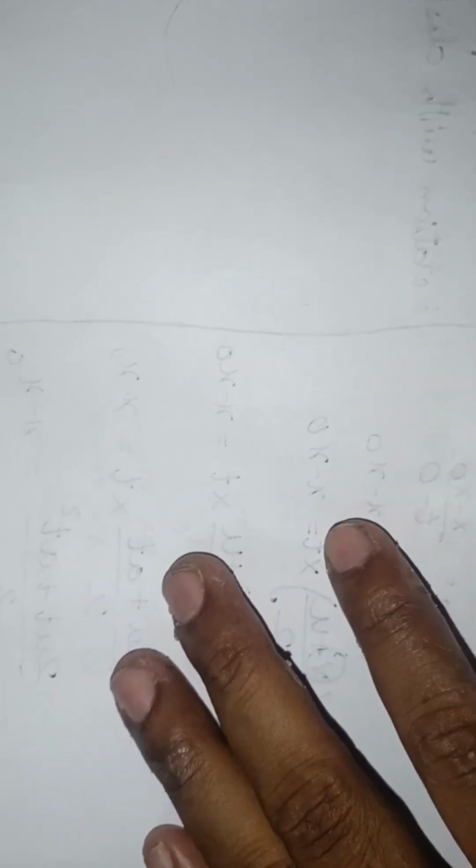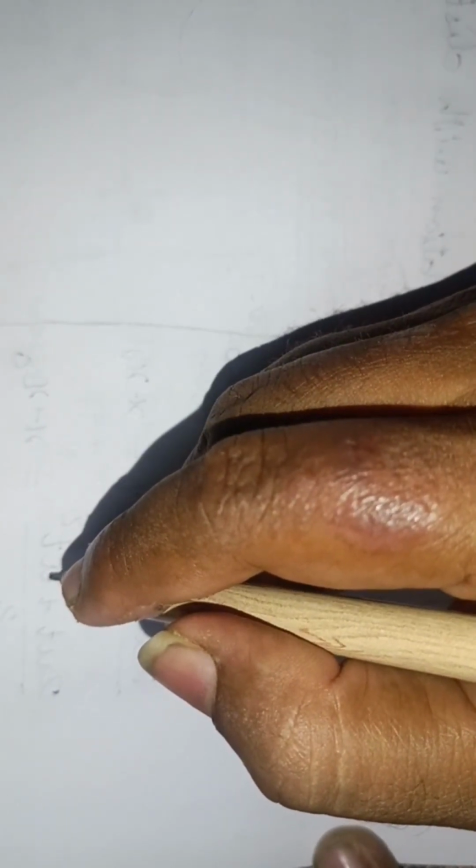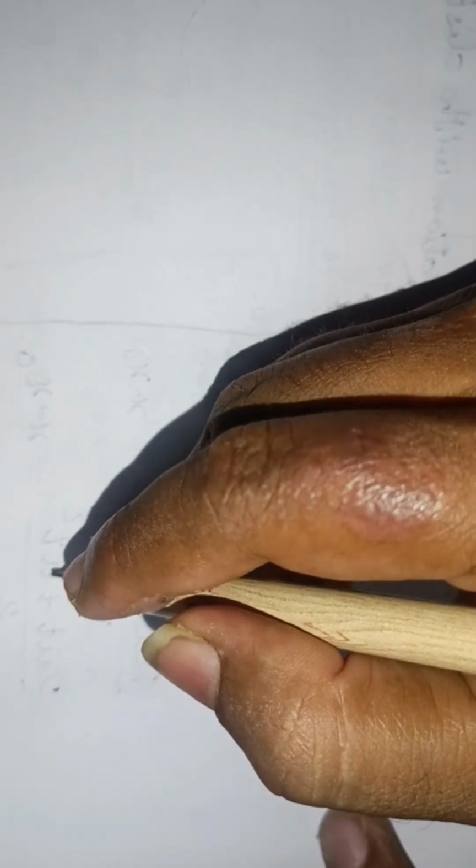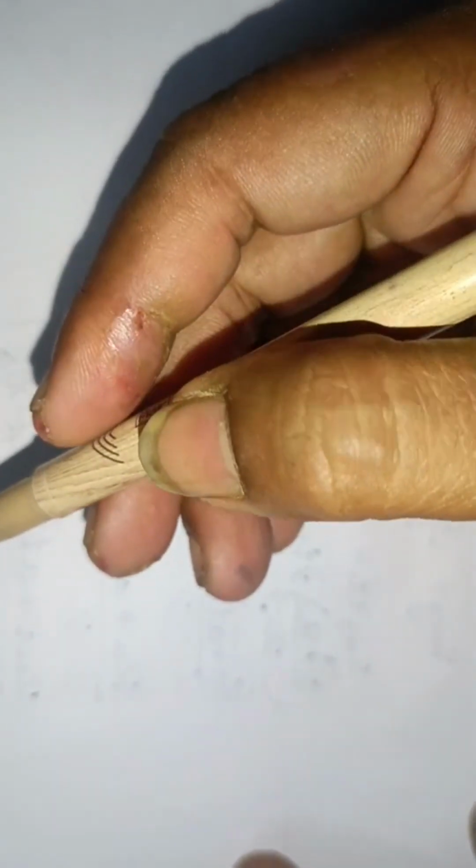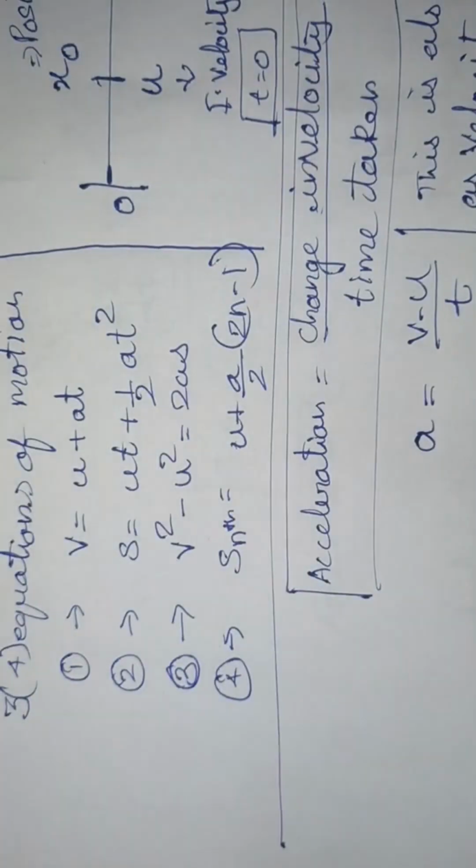Now we would like to go ahead with the third equation of motion. Let us begin with the third equation of motion there. So how do we speak about the third equation of motion? In the third equation of motion, we should suppose to start with the same relation, that is nothing but the velocity at a certain position, which is called as the same formula I have to write there. Sir, how would you represent the formula there? We have seen the formula there, that is nothing but the